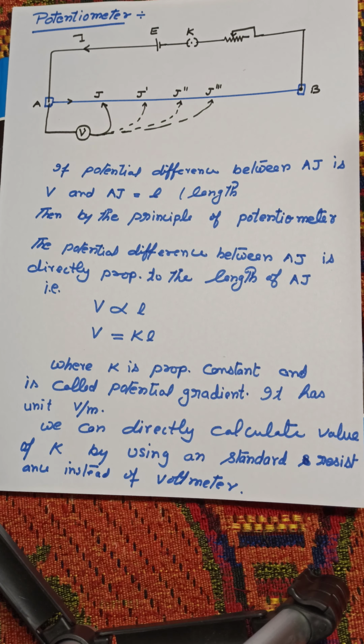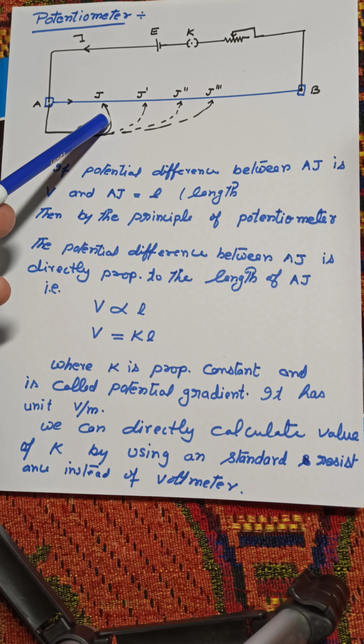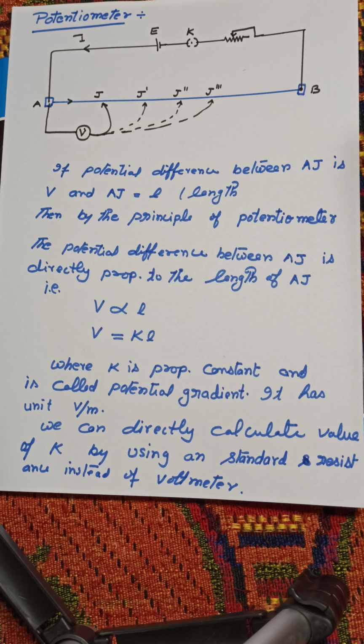It's a precaution also that A should be positive with respect to B. Therefore, the electric potential falls continuously along the wire from A to B. If we join a voltmeter like this with A and the other end of the voltmeter with a jockey, and touch the jockey at A, then the voltmeter will give some deflection. The more we move away from A, the deflection in the voltmeter keeps on increasing.